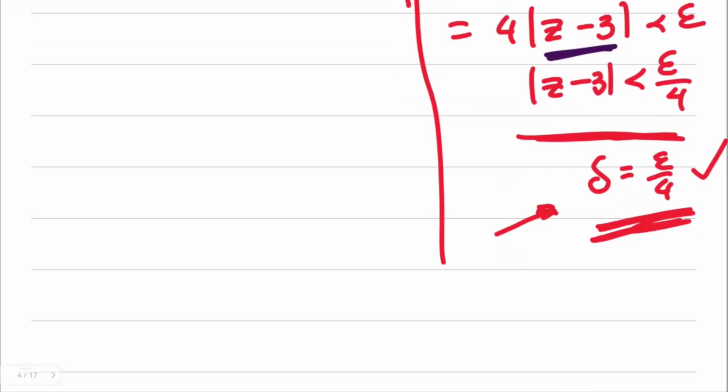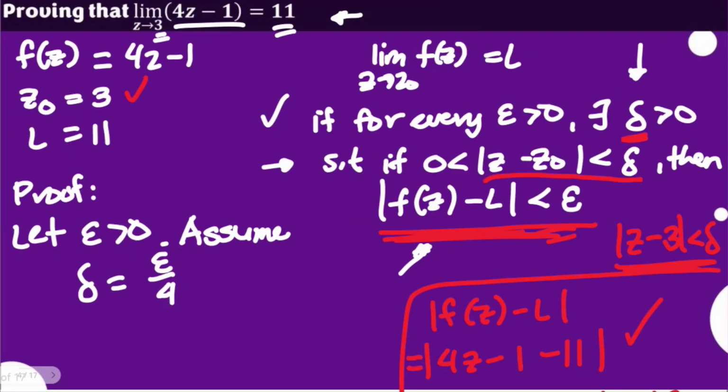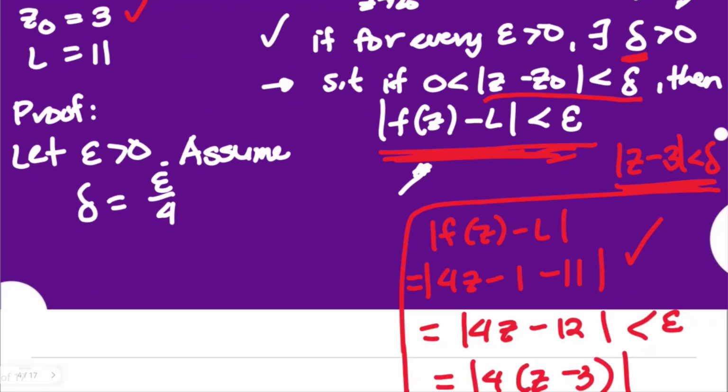If you don't have this scratch work, you would manipulate your item, this portion here, to get your equivalent delta. But since we already did that for our scratch work, we're just going to proceed with the rest of the proof. So by definition of delta,